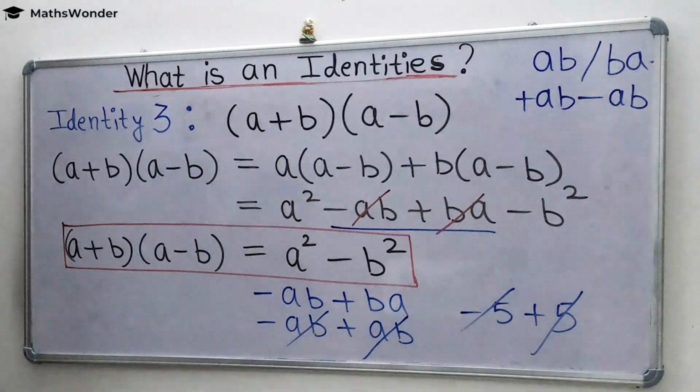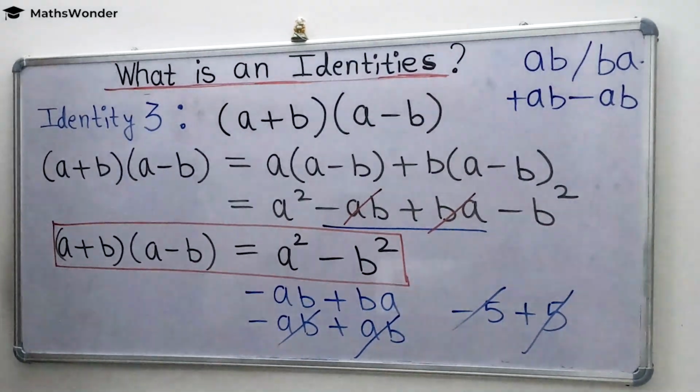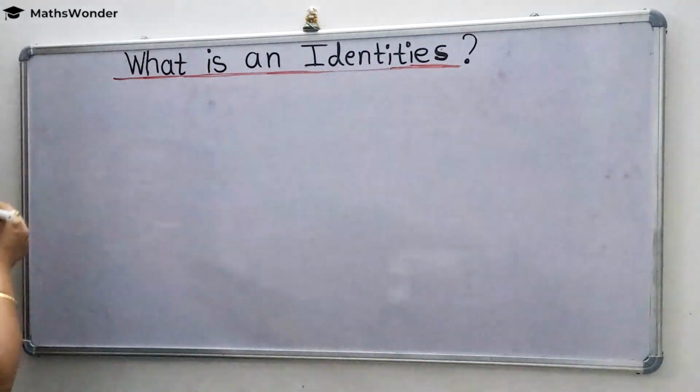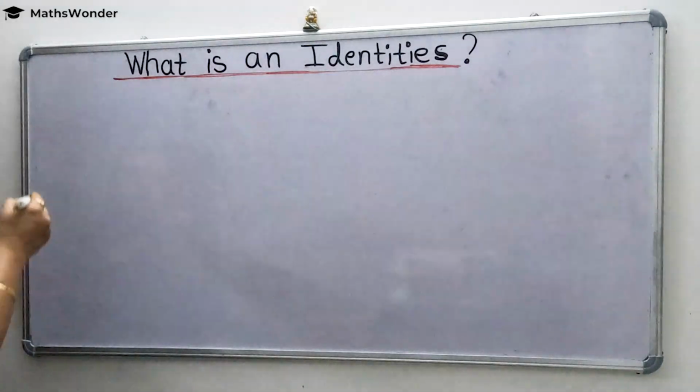Okay. So these three identities are the standard identities which we will use in our questions, okay? Now we will see some questions. We are applying the same identities in the questions and see the magic, okay? Now see some examples based on identities, okay? So first is